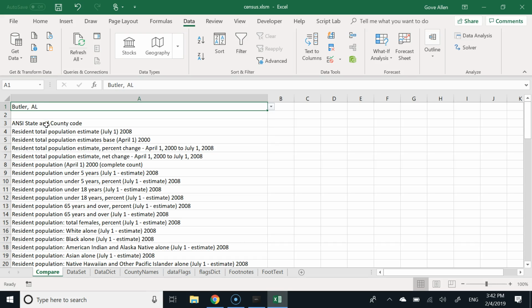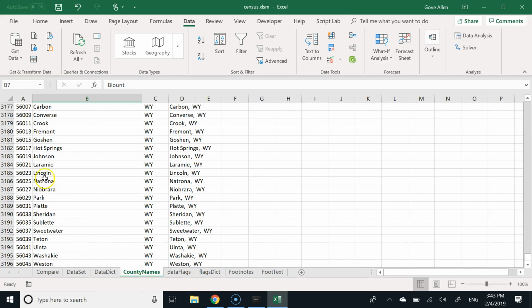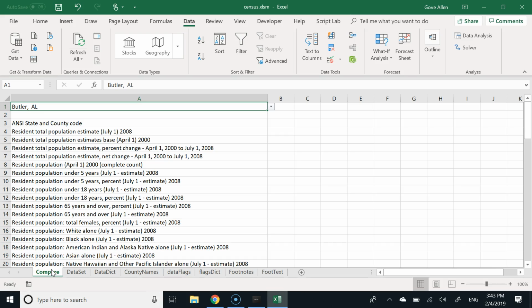So that's pretty good. Now, the trouble is that when I do this, all I know is I now have the name of the county. So that's pretty good. The user has picked the county. And now I could take that and maybe go find that county over here in the county names, and I've got all the information I need about that county, and use that to kind of bootstrap this. So the truth is this would work just fine, but there's one that's going to be a little bit simpler